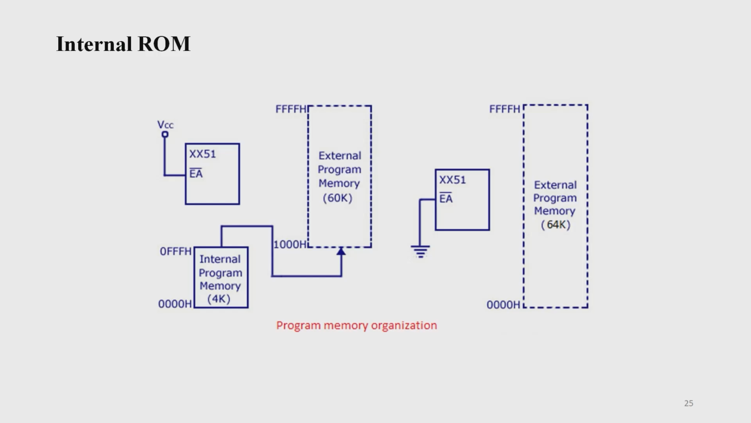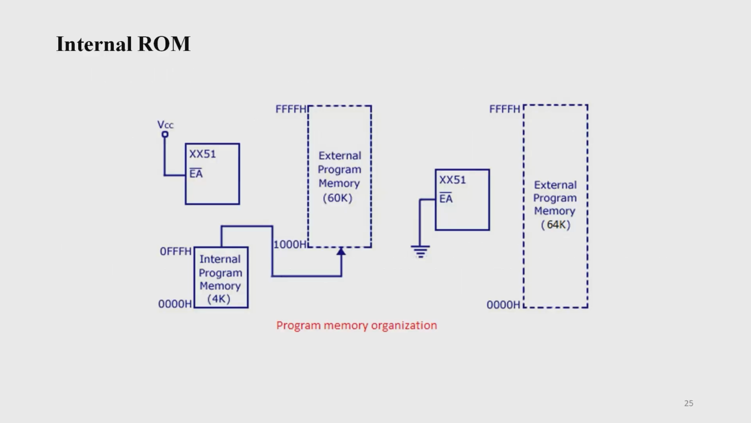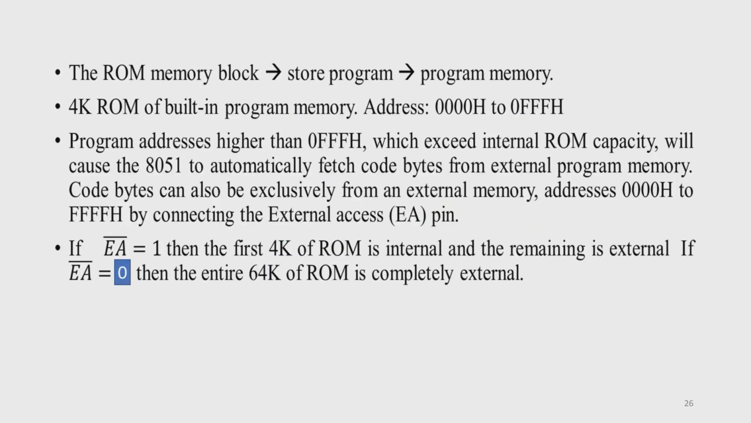If it is connected to VCC, that is if EA equals 1, then the first 4 kilobytes of read-only memory is internal and the remaining can be considered external memory. If it is connected to ground, that is if EA equals 0, then the entire 64 kilobytes of read-only memory is completely external. The read-only memory block is used to store the program, that is, the